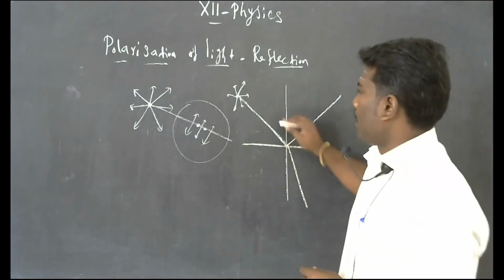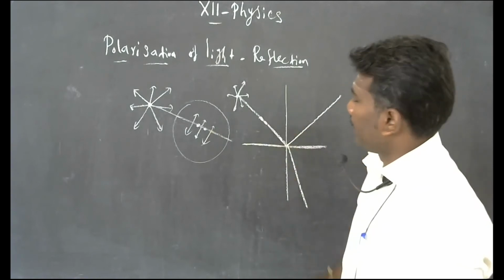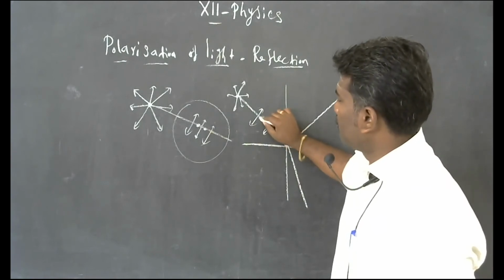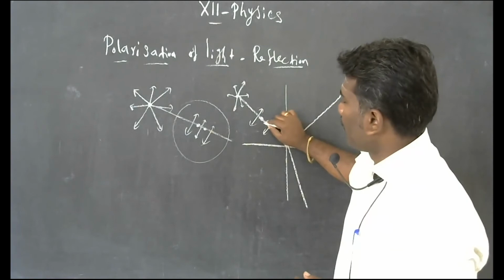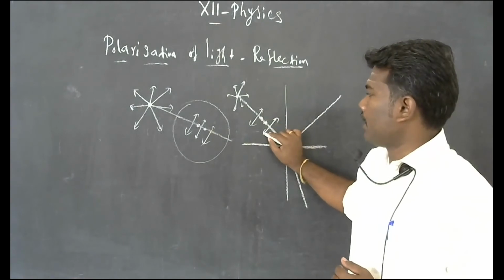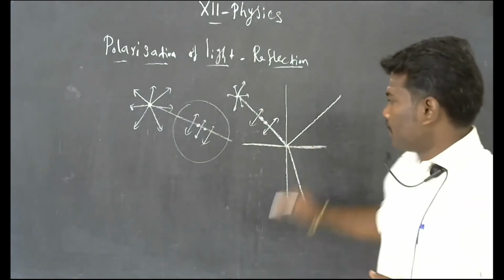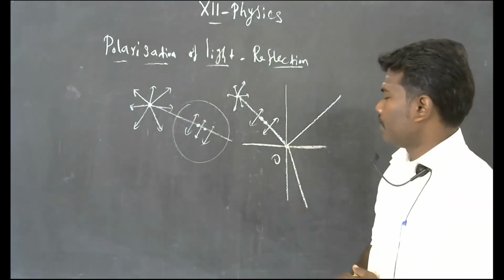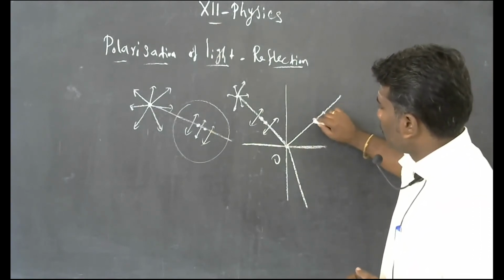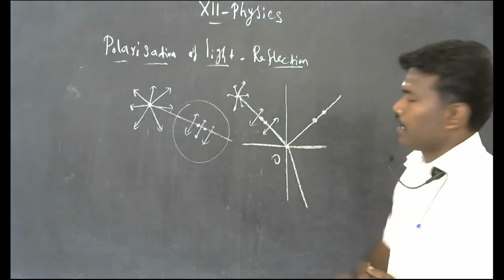Now I am going to mention the vibrations. The dot symbol indicates parallel vibration to the reflecting surface. This arrow mark indicates not parallel, which means maybe perpendicular or inclined at a particular angle. So simply, this arrow mark is related to the vibration not parallel to the reflecting surface. So it is incident at the point O. After reflection, the reflected ray contains the vibrations only parallel to the reflecting surface, so here only the dot symbol is shown.